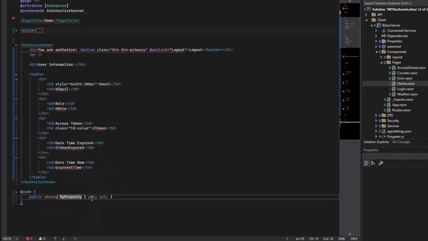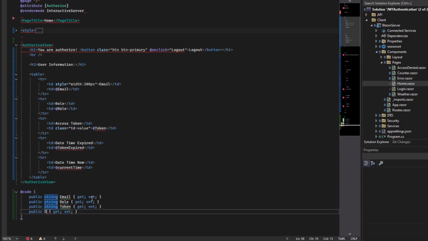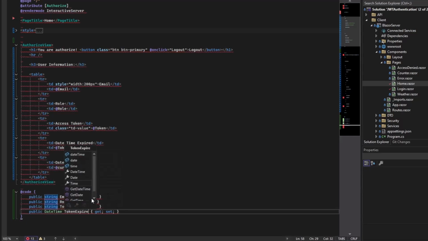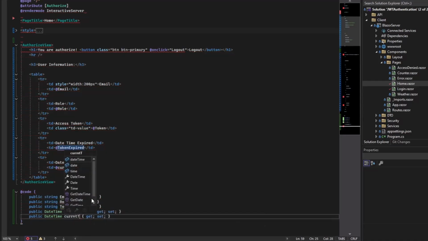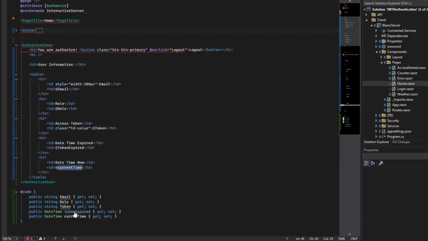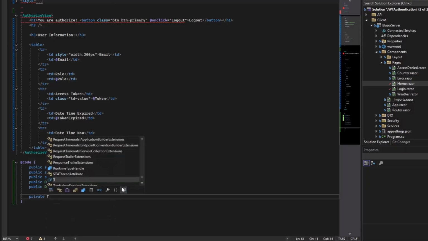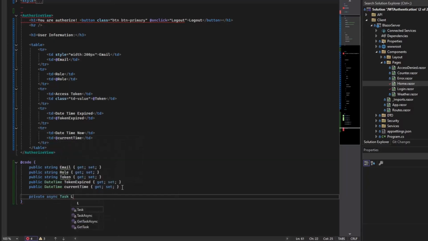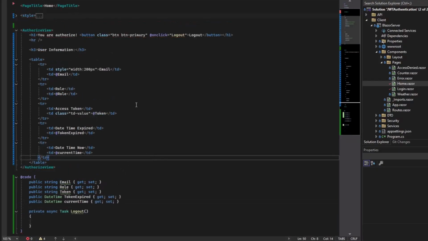Property string email, role, token, DateTime token expired, and DateTime current time. Oh, this one should be current time. And we need to have a private asynchronous task logout. Okay, now the error is gone.